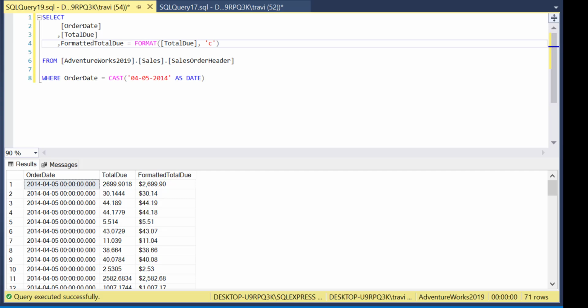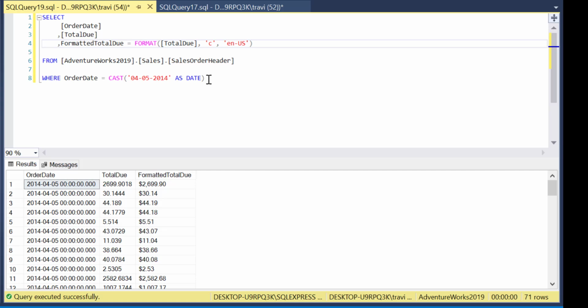This culture argument dictates how certain elements are presented, such as currency symbols, our current problem at hand, decimal and thousand separators, among others. These culture identifiers are often in the format language code hyphen country or region code. So for example, if I add a third argument to our format function here that goes EN, that's the language code for English, and then US, that's the country region code, with a hyphen separating the two, and then rerun our query,